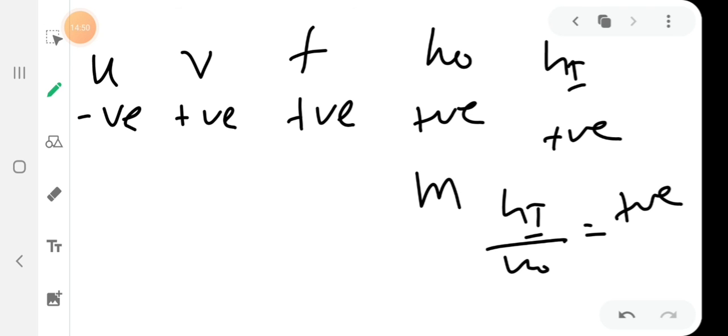Okay, so this was all about the two cases only for the convex mirror. So now regarding the position of the object, regarding the size, nature and image formed by a convex mirror, let us talk. If the position of the object is at infinity,